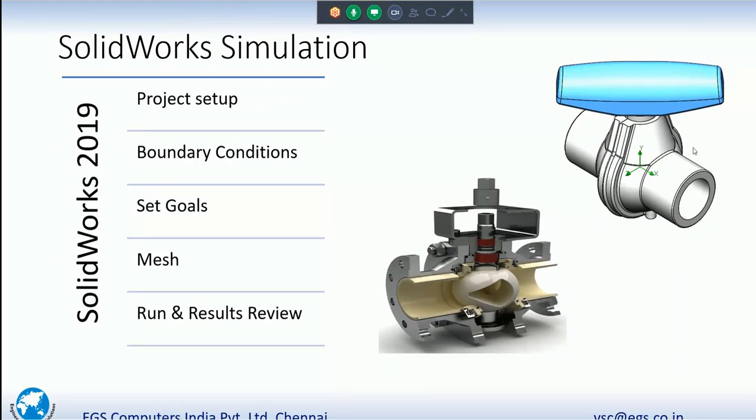So this is the sample model, a ball valve which has been taken for today's presentation session. In this ball valve, we are going to do a flow simulation, and we will also import this flow simulation result into an FEA to analyze what the working pressure on this component will be and whether this valve can withstand the burst pressure of the